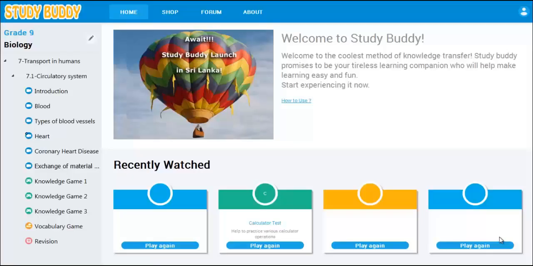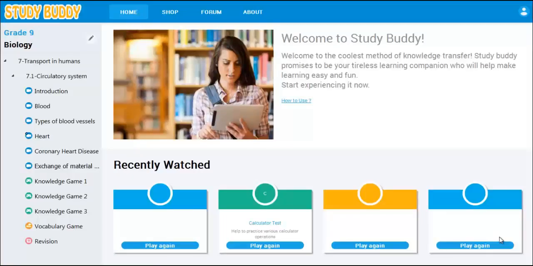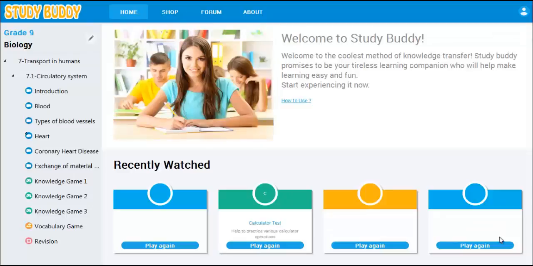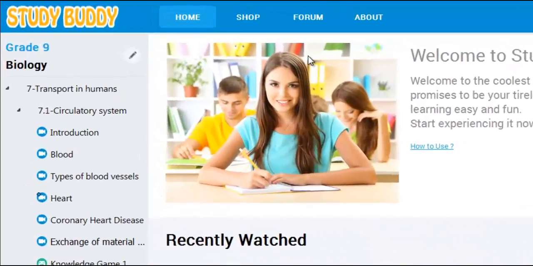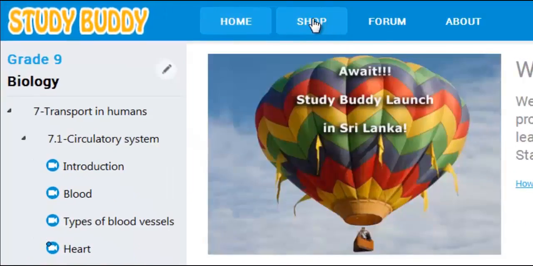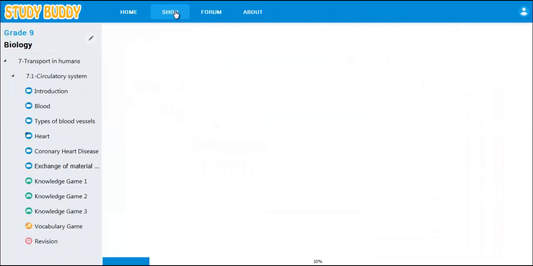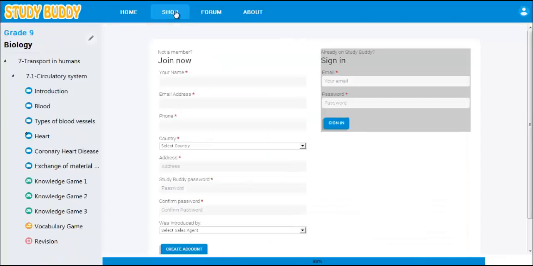How to register and purchase content. This is how you order and download lessons from the Study Buddy webshop. Click on the shop icon at the top of the screen. If this is your first time, you are required to register with us by filling these details: